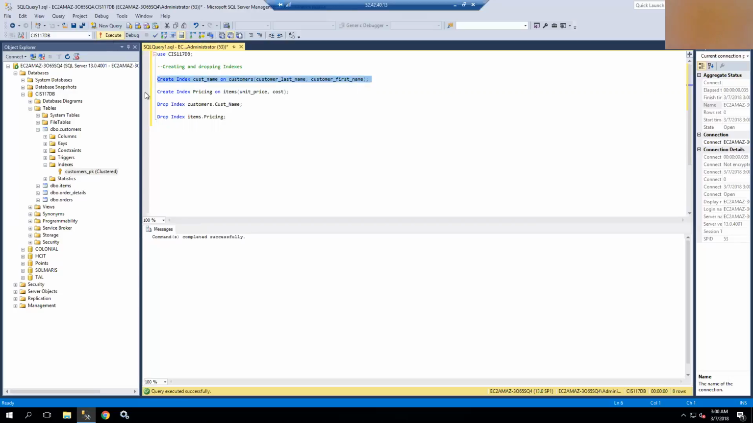and execute it, I get the message that it completed successfully. And the next one is create index called pricing on the items table, and I'm creating it on the unit price and the cost. So these are both going to be non-clustered. And execute it, and it completed successfully. So if I go in and refresh my database,